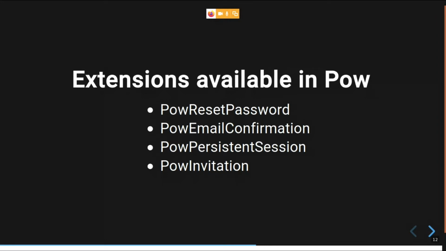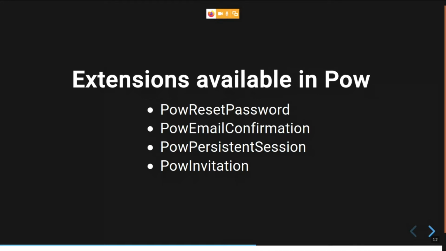There is a question. What will the database schema be like, which will be created by POW for storing user registration details? Is that customized? Yes. By default, POW allows basic fields: a username, an email, a password and a confirm password.